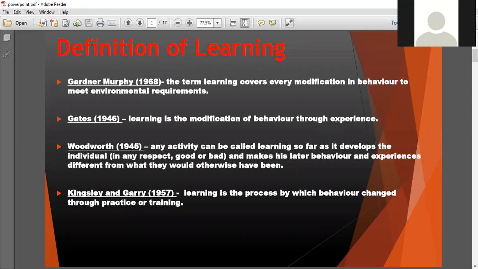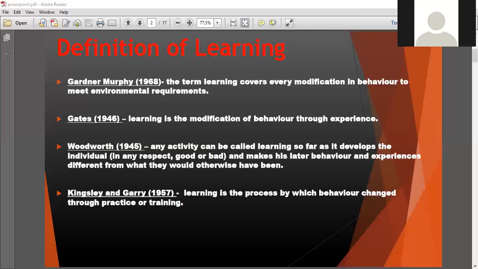Now, I'm just going to read out to you what Anita Woolfolk said in her latest book on educational psychology. In the chapter on learning, she says, learning occurs when experience causes a change in a person's knowledge or behavior. So again, she is continuing with the same idea, change in behavior as a result of going through a certain